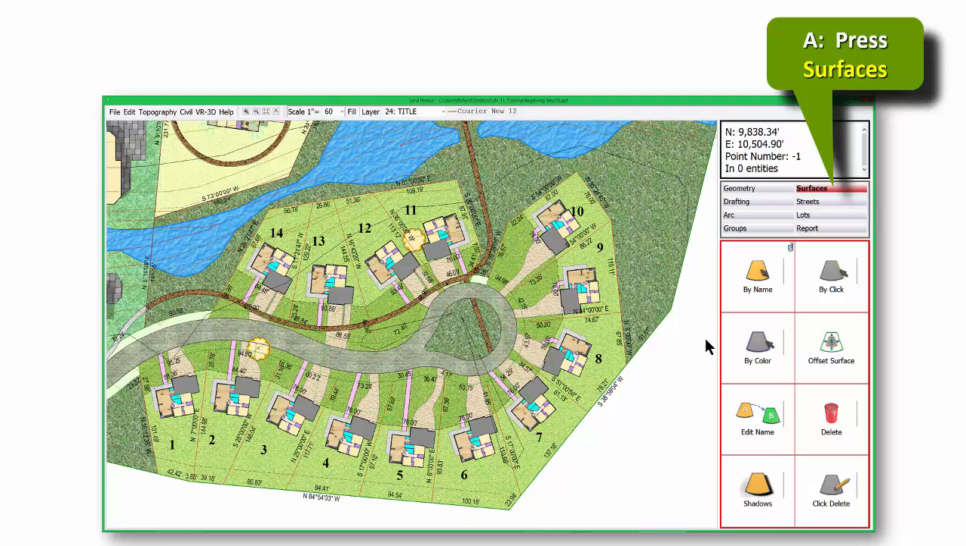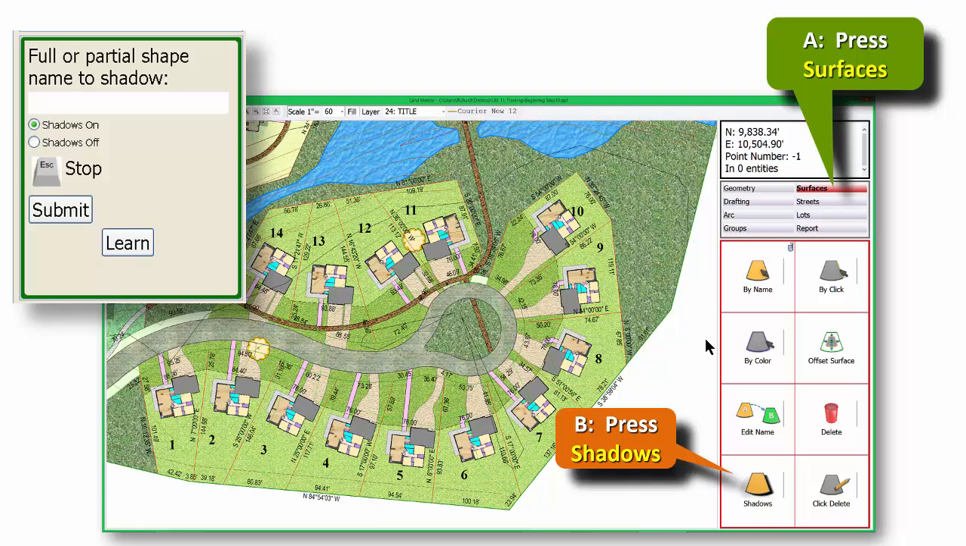We're going to pop those out and give them some 3D effect on the 2D plan. So under surfaces, there's a thing called shadows. We want to press the shadows button, and it's going to ask for the full or partial shape name for shadow. Now these names of the surfaces, the shape of the surface, has to be on the fill list